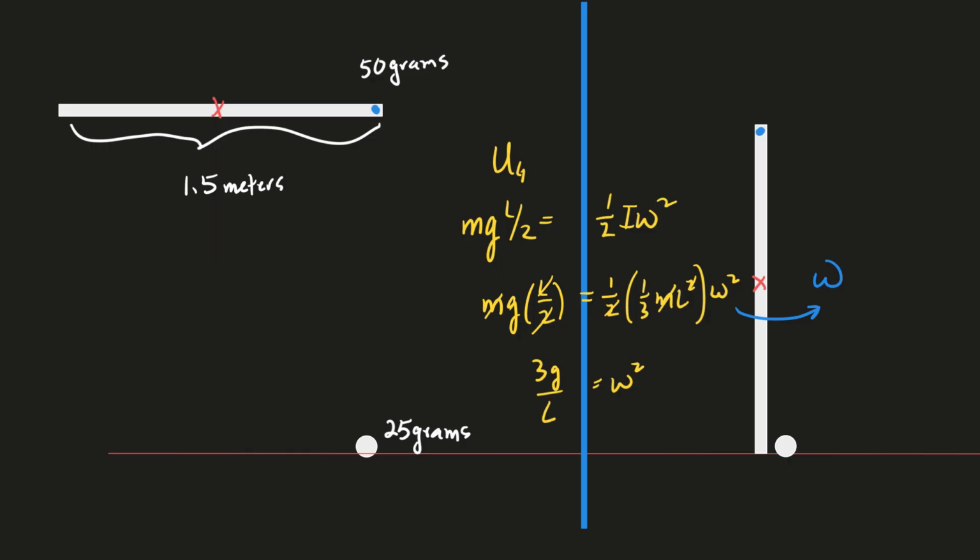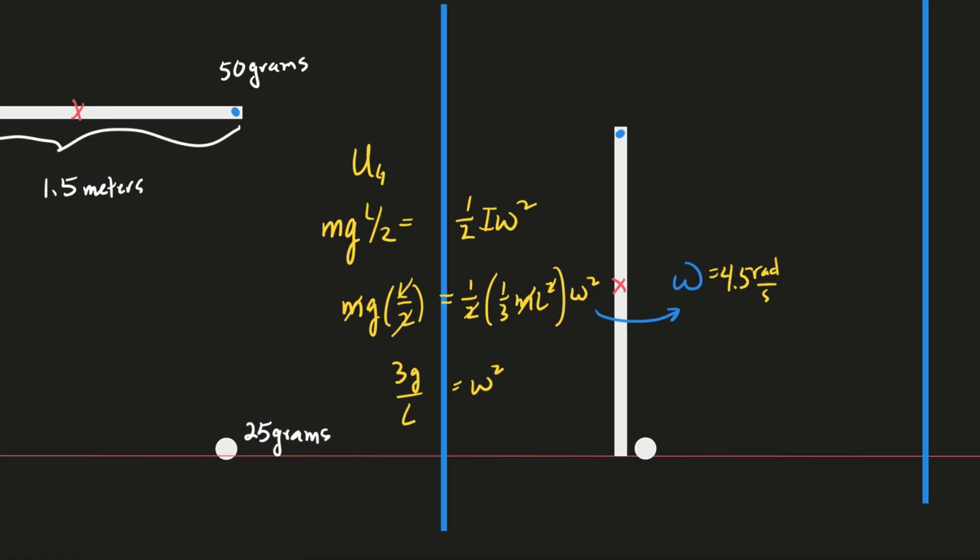And this is going to be 4.5 radians per second. So, okay, that was not new information. I would have expected 100% of you to be able to do that portion of the problem. This part